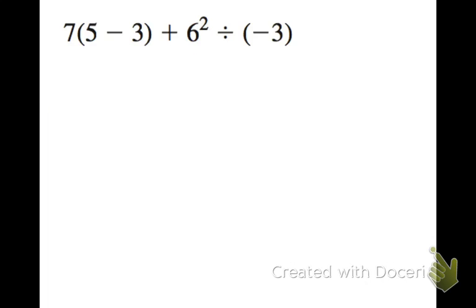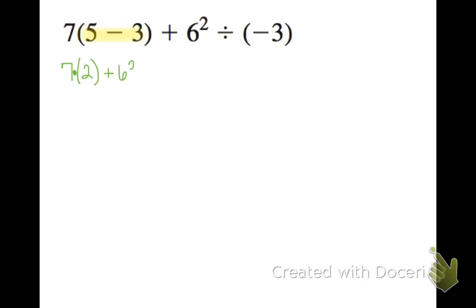Last example, this one has the most steps out of any of the ones we've looked at. So we're going to start and see if there's anything inside parentheses. Here there is. So we have 7 times 2. Don't forget that next to parentheses there is multiplication. Now there's not a problem inside there, but this shows us that there is multiplication, 7 times 2,